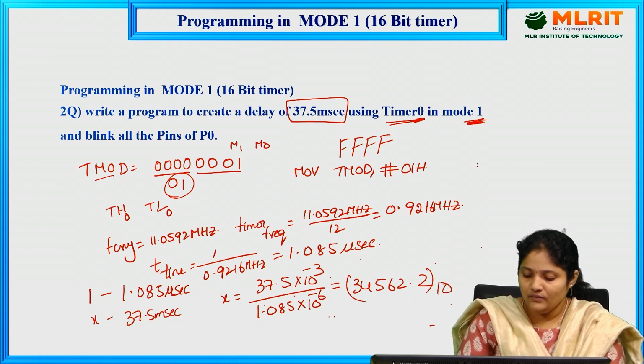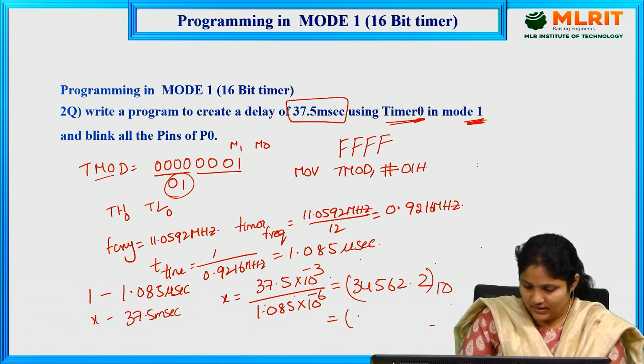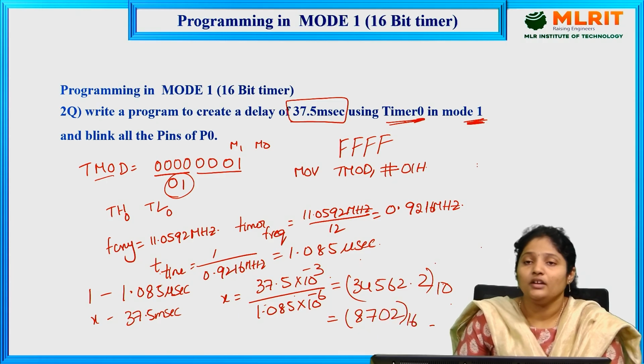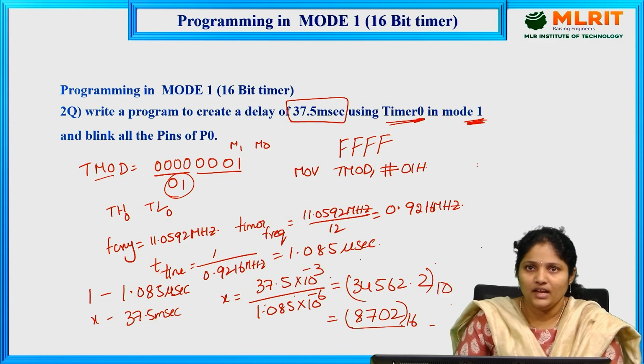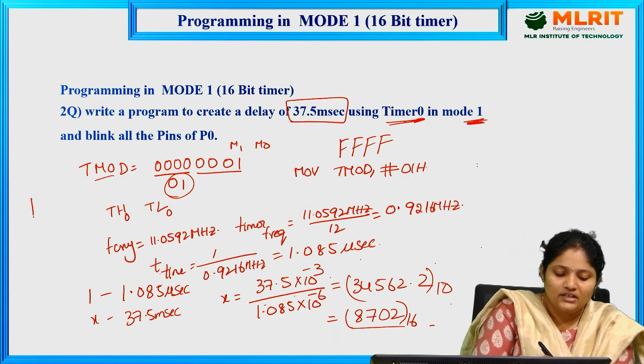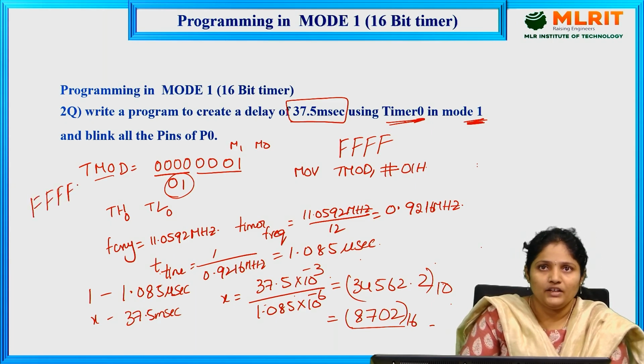So we need to convert it into hexadecimal. What is the hexadecimal equivalent? 8702. You find out how to convert decimal to hexadecimal. So we got that 8702 is the hexadecimal equivalent. So by subtracting this value from the highest value of the timer,